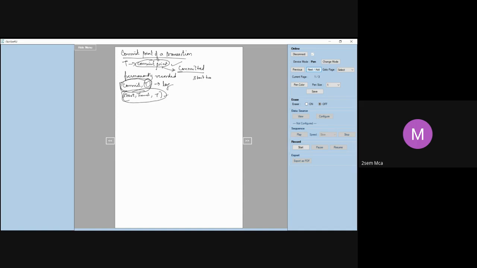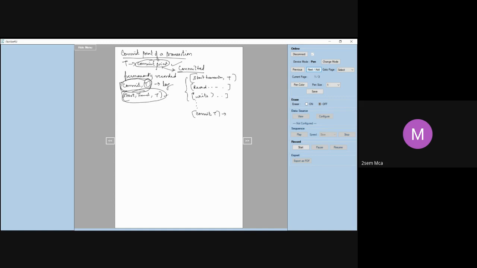Once the transaction starts, this gets recorded into your log, start transaction comma T. And then you do your read or write operations, you go on doing all that. You do a write operation, you do a read operation. All these are getting recorded into your log. Somewhere in the end, it will also record the commit statement. When will this get recorded in the log? When this transaction has been successfully completed. Only then this will get into the log.